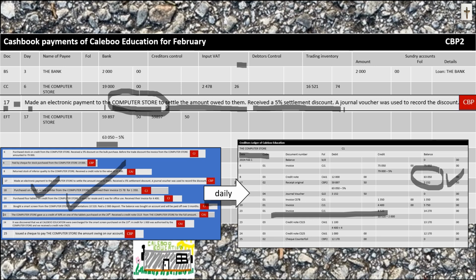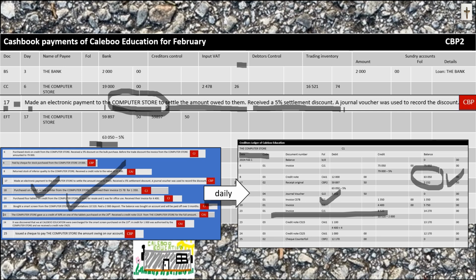If you're not given the creditor's ledger, you would have to take out all these transactions in your workings and just scribble them down somewhere on your paper, all the transactions that relate to the computer store, and keep a running balance so you can establish on the 17th what is owed to the computer store. So I've consulted the creditor's ledger, and on the 17th Calibu Education owed 63,050